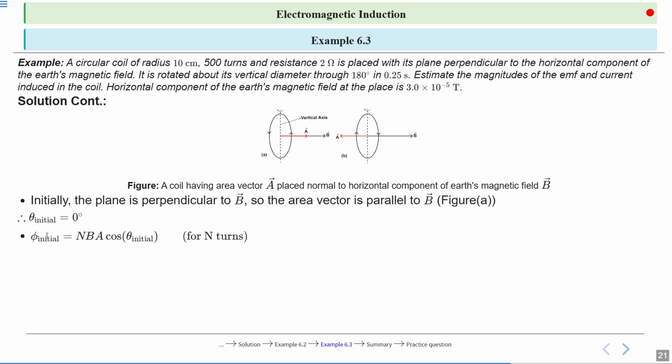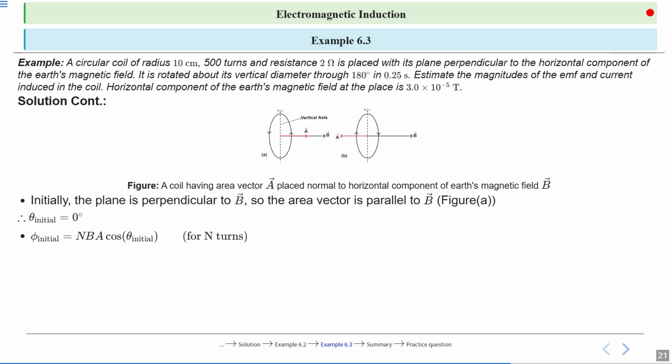Okay. So phi initial. Now this is second method. We are not going to calculate this magnetic flux for one turn. This is the first method that we have done in the first example, that we are going to calculate the magnetic flux for one turn, and we are going to calculate initial flux and final flux for one turn. And then we are going to calculate the induced EMF for n turns, and we are going to multiply n in the expression of EMF.